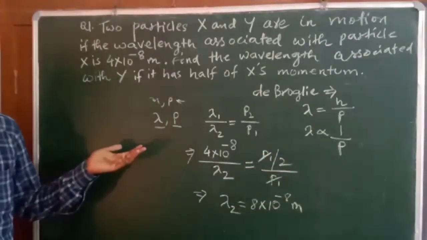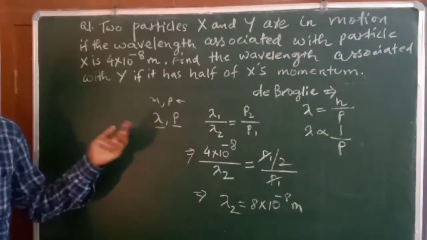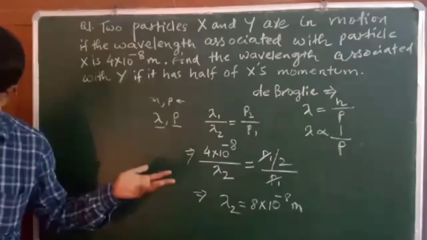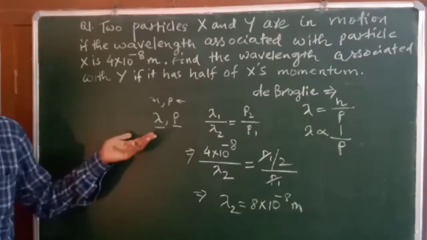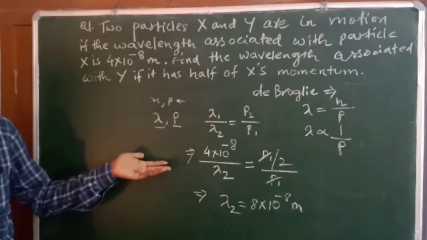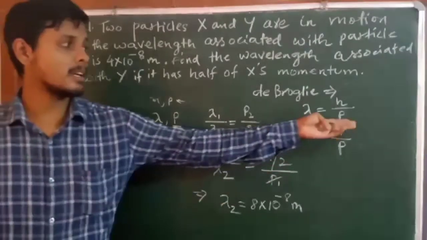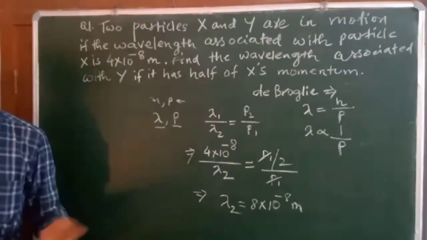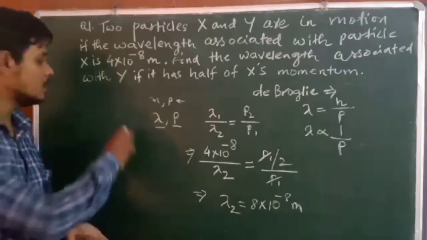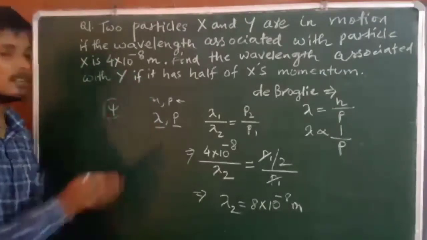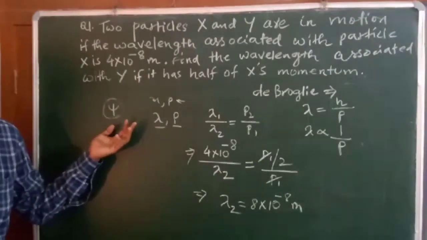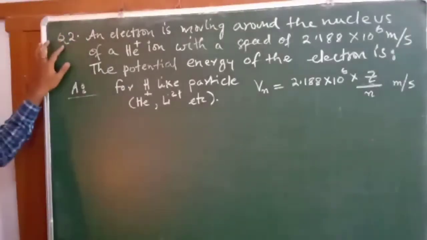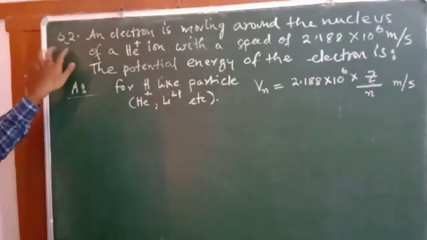So now, why is it important? Because electrons are quantum mechanical systems, and quantum mechanical systems are considered to be having wave character and particle character. That means we get waves for electrons. That means while writing orbitals, we use the wave function. Since electrons have wave character, we are using the wave character of electrons. Let us now come to question number 2.